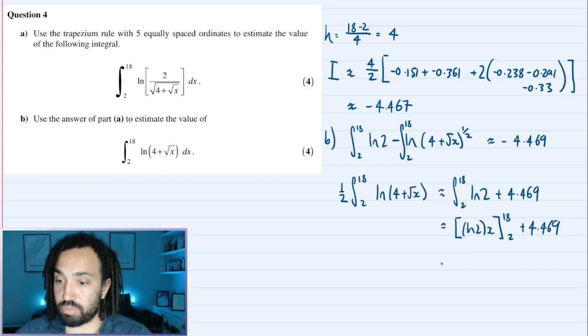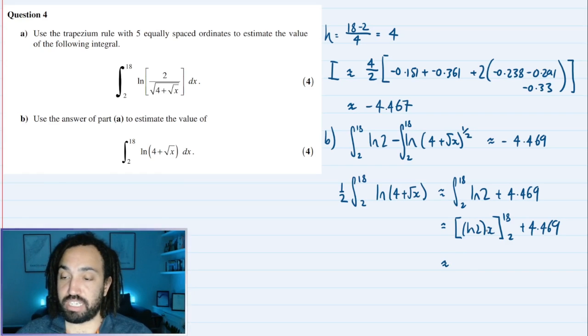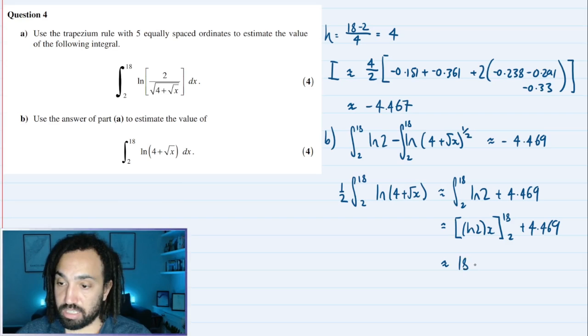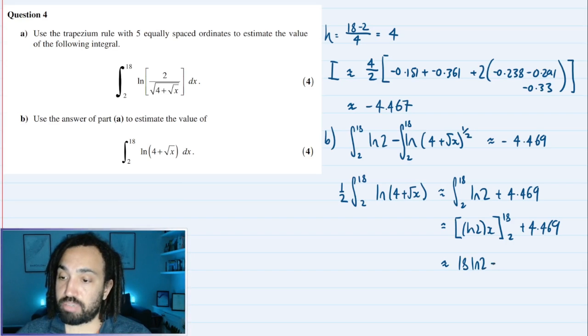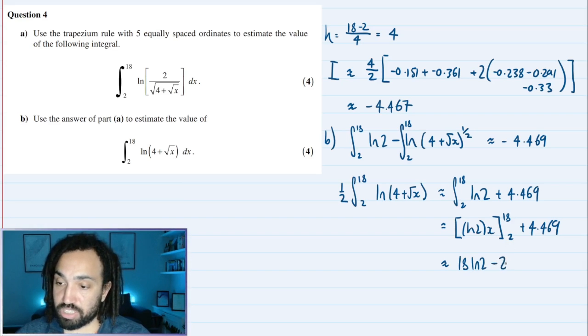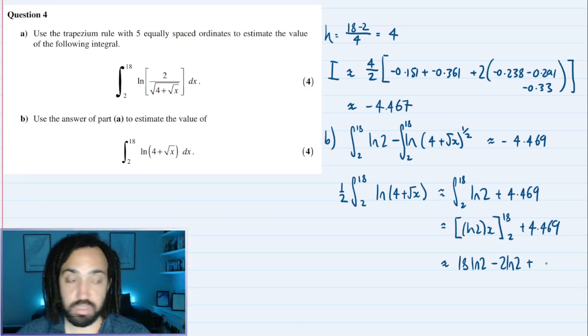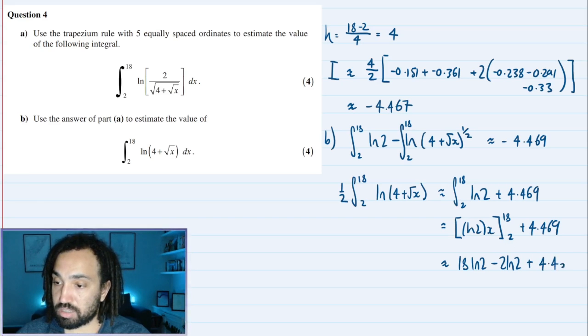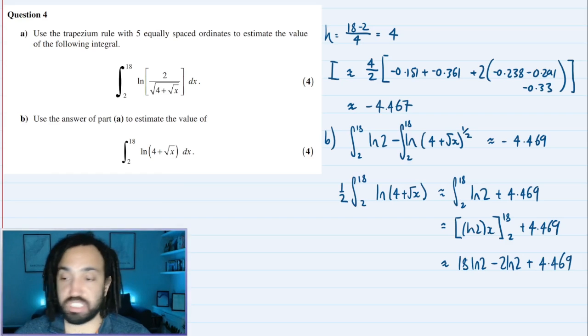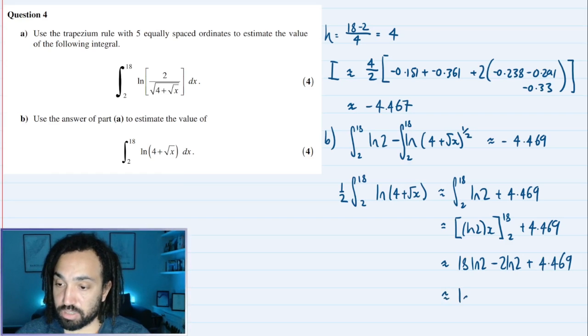And then when I evaluate this, first I'll sub in 18, and I'll get 18 lots of ln 2, and then minus, I'll sub in 2, so I'll get 2 lots of ln 2, like that, which gives me a total of 16 lots of ln 2, plus